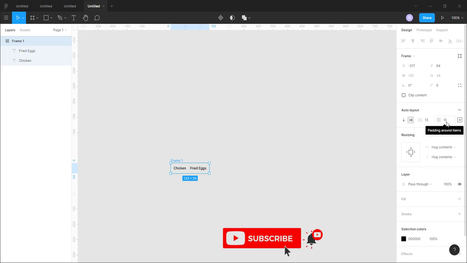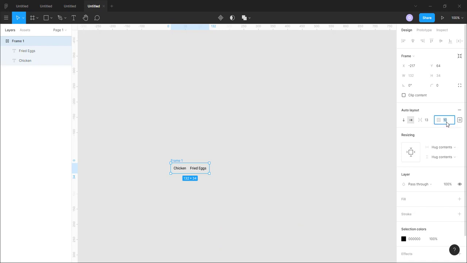Likewise, you can change just the top and bottom padding and the right and left padding only by using this shortcut. Let's say I want the top and bottom padding to be 5 and the right and left padding to be 0. Just use 5, which is for top and bottom, then comma 0 for left and right. Then I'll hit enter. If you look at that, there's 5 padding at the top and 5 padding at the bottom, and there's no padding on the sides. So that's another way to use this padding